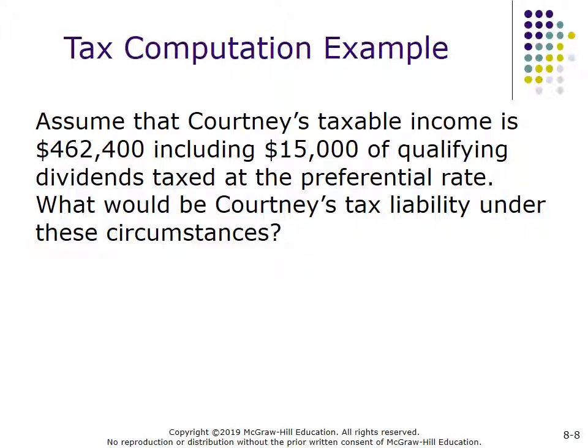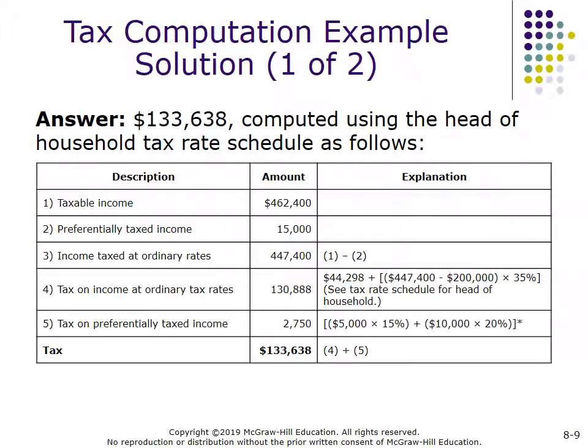Now, let's go to this example. Assume Courtney's taxable income is $462,400. Included is $15,000 of qualifying dividends taxed at preferential rates. What would be her tax liability? We're assuming here Courtney is single. Go to Appendix D. Her taxable income is $462,400. $15,000 of it will be taxed at a different rate, so we subtract that. We find the single taxpayer. Taxable income is $447,400, so it's between $200,000 and $500,000. So we'll take the $447,400 minus $200,000 times 35%. Add to that